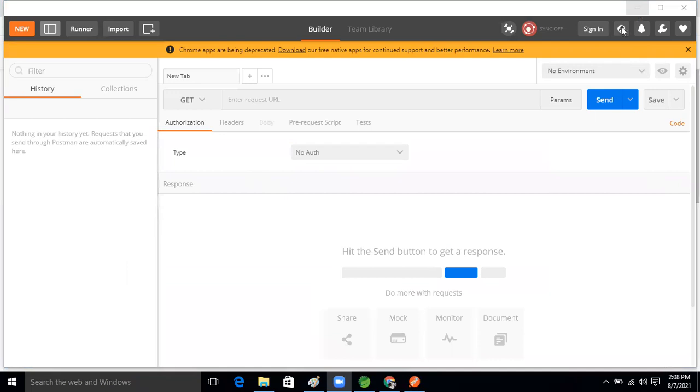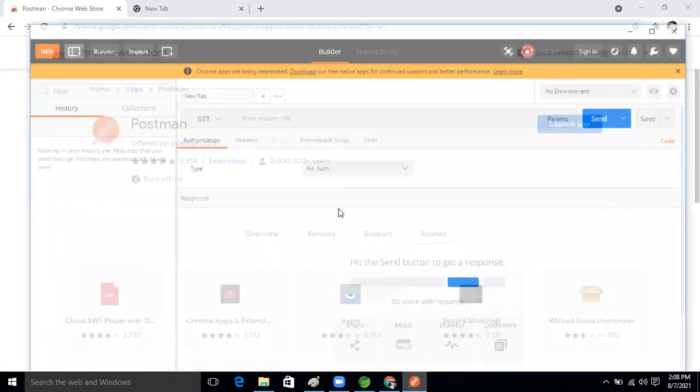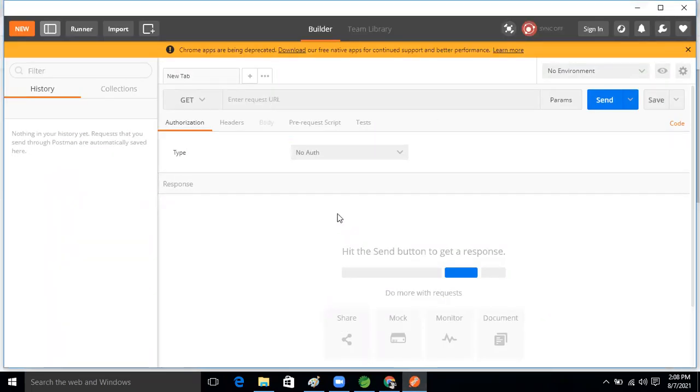Okay, so now our Postman tool is ready, guys. So what we will do now is design one normal application. Based on that, with Postman, we will make the request to our REST controller, and we will see the normal response. After that, we will move on to the next level of discussion, guys.